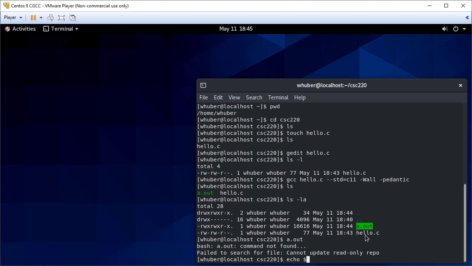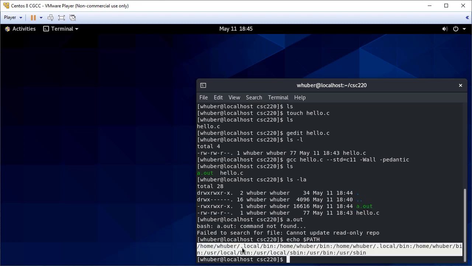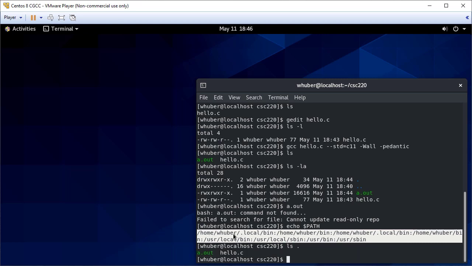To see what an environment variable is, you can write echo and then $, the name of the variable, which in this case is all caps PATH. This is where it's going to look for programs to run. None of these is the current working directory. Now, I don't want to put the current working directory in the path for security reasons. So what I can do is specify to look in the current working directory by saying ./a.out, and that